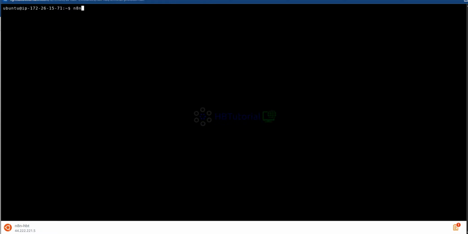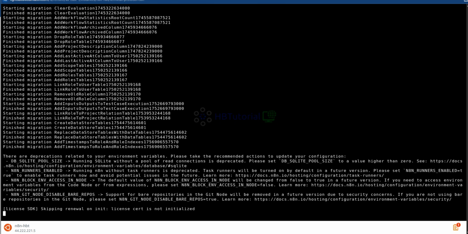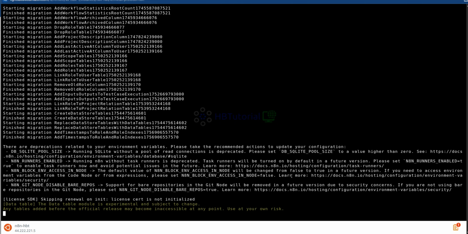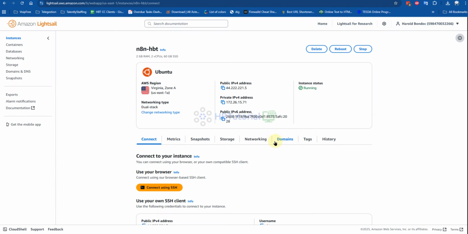So let's try it. If it's running, we need to wait a little bit. As you can see, you can now access your N8N on port 5678. Let's see what happens if we access it.